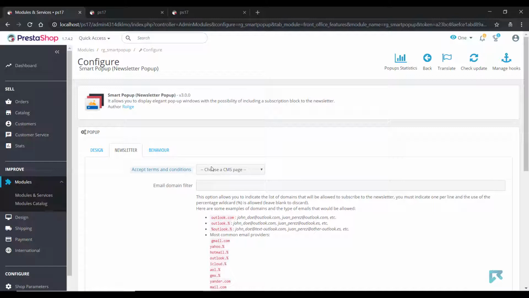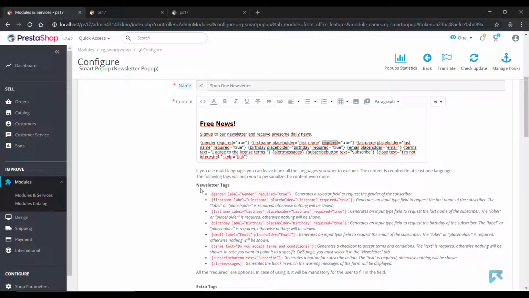Since this is a form and a checkbox for agreeing to the terms and conditions is added, the newsletter tab is where you link the CMS to the checkbox.